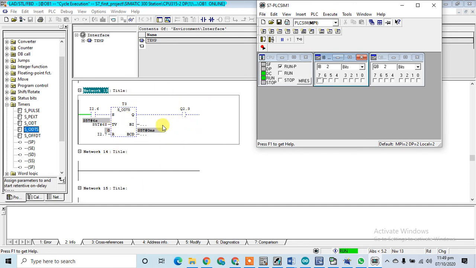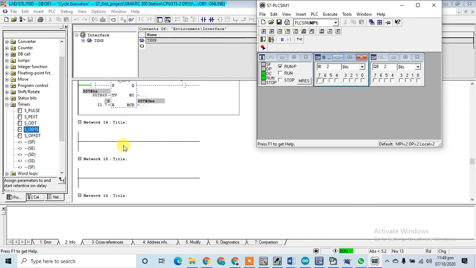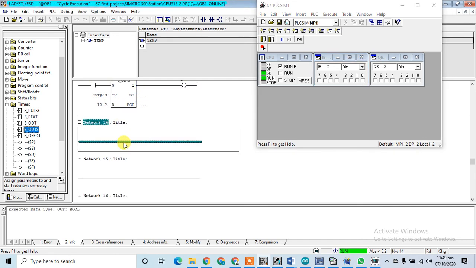So this is basically an on delay timer. It will retain the value of the output Q2.3. In ODTS, if I just put an input, it is also input independent. We just need a pulse here and it will work, complete its time and the output will be on. So this is a retentive on delay timer.